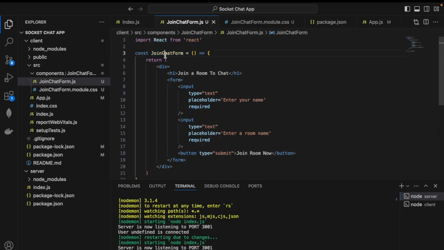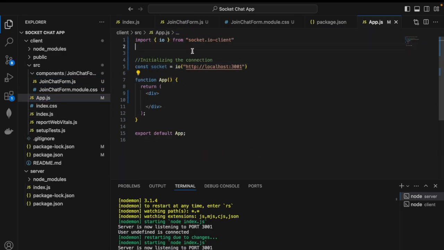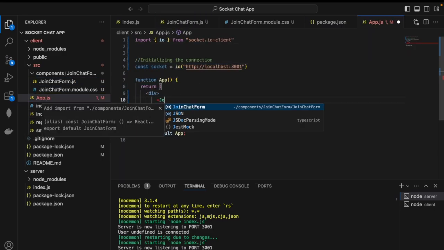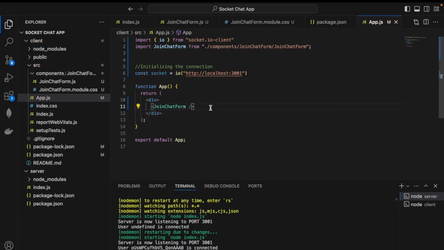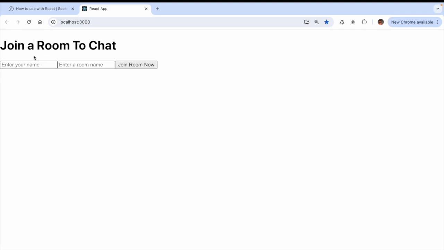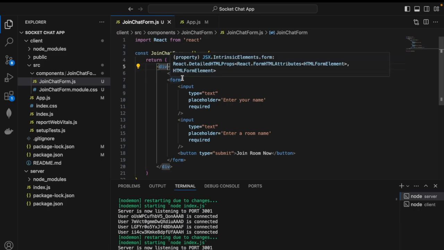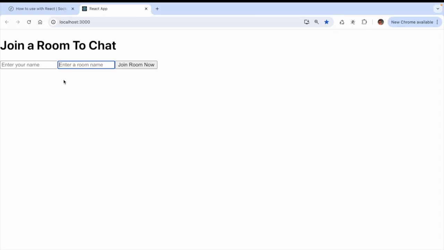Perfect. So let us quickly go ahead and import this component inside of our main app.js file. So I'm going to say join chat form, and you can see that it is getting auto suggested. So looking at the UI right now, you can see that we've got the H1, we've got both the fields, and we've got the button right here as well. The styling though is not the greatest. You don't have to absolutely follow along with what I'm going to do right now, which is to add all the CSS. Understanding the base functionality is a lot more important, but I'm still going to go ahead and add